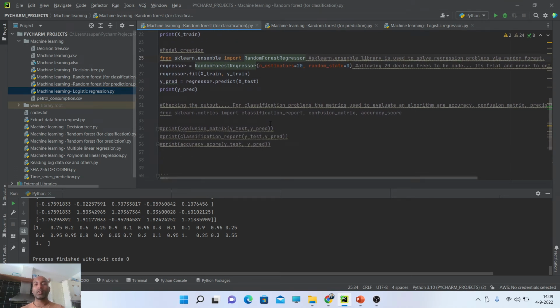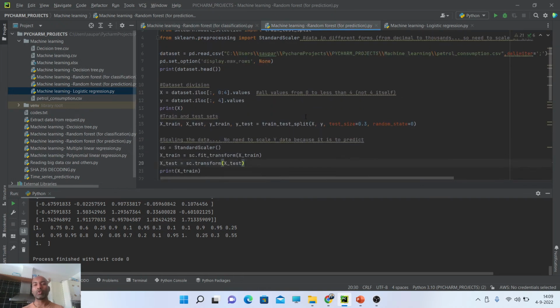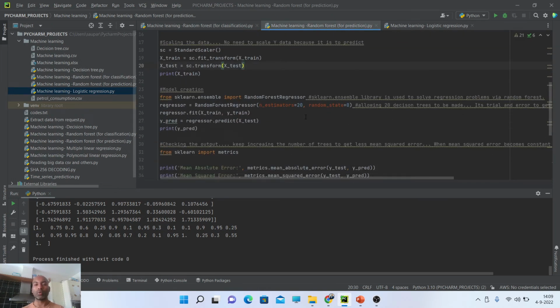For classification, I didn't perform the classification here. I just performed the prediction because I was getting some errors, and I didn't want to get into the details of debugging it. I will debug it later because I am in the process of traveling and I have less time. So that's why I just performed the prediction. And here I don't have to show more, maybe I will wrap up this whole